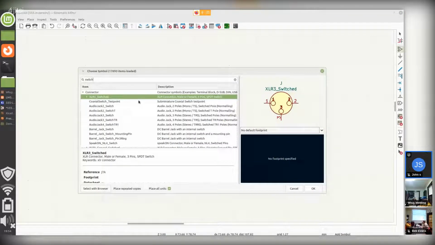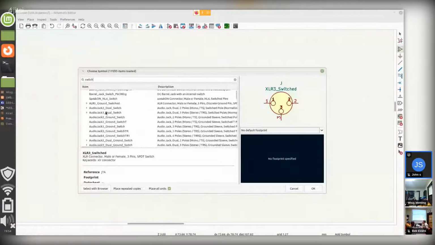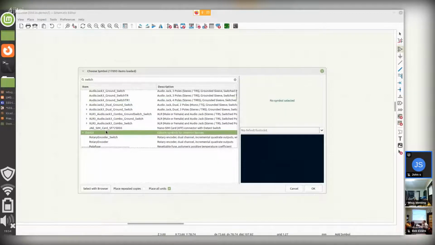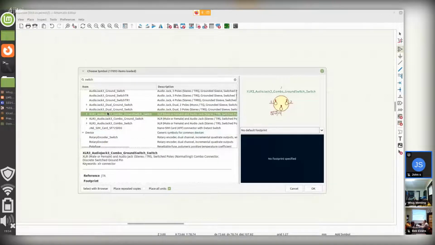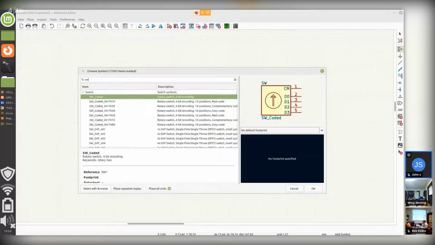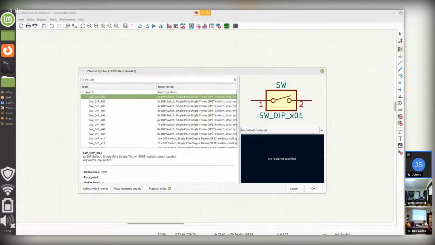And so we're going to add just a little switch. And this is the hard part. Sometimes you can see there's a million different switches all through here that you can add. And some of these have the symbol defined, but not the footprint. But I'm doing an analog switch, and I just did, what did I do? I did SW dip. So let me go up here, SW dip, and I did an 01 here. So I'll just pick this guy,